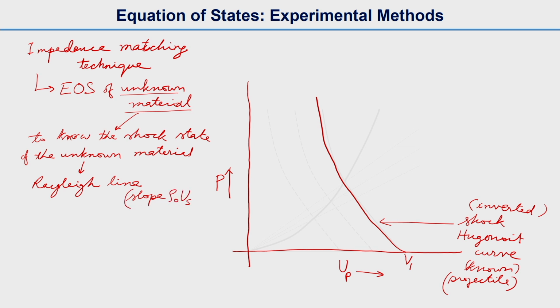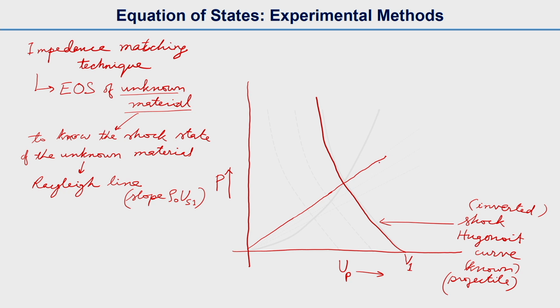Rho naught is the density, and US1 we will write for the shock velocity corresponding to the impact velocity V1. So we can do some more experiments with different impact velocities. Here the Rayleigh lines, the typical slope will be rho naught US1. If we draw the line here, it will be a straight line with